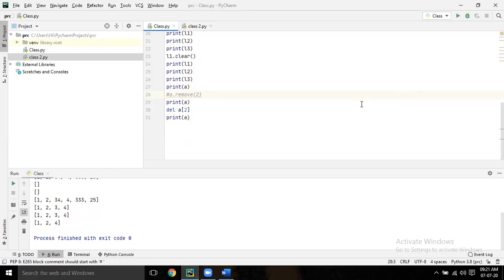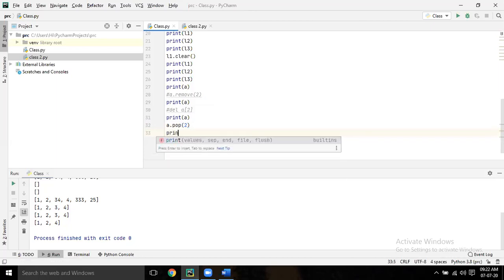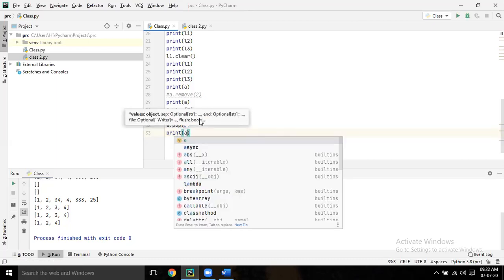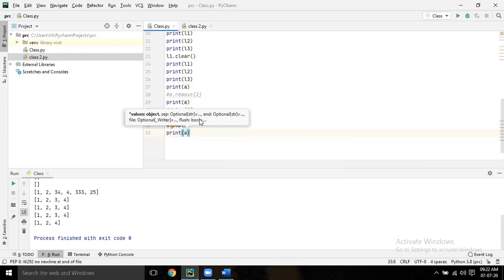Now one more is there. Now comment that delete. Now write a dot pop 2. Now print a. Run it. So here what happened?